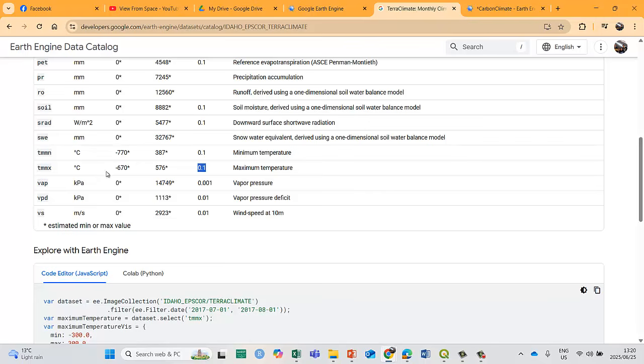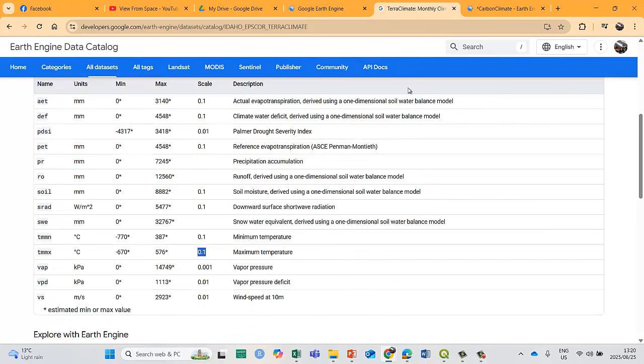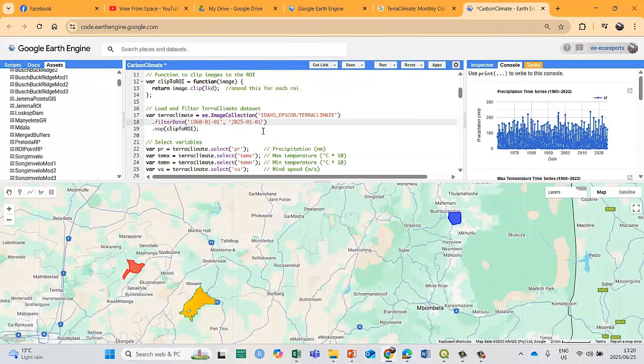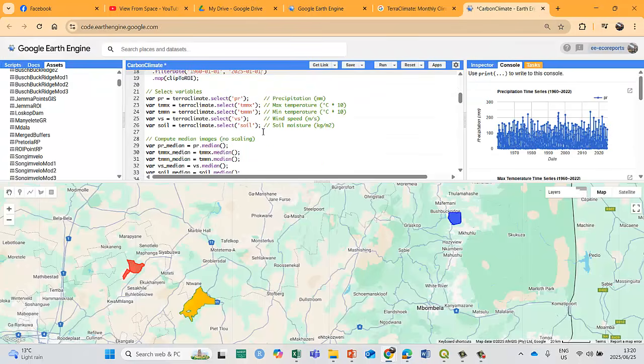Otherwise, for example, you're going to get a maximum temperature of 400 degrees. Now that's impossible. I mean, minus 670 to 570 would be Fahrenheit, but not degrees. So this is actually minus 67 to plus 57, because you have to adapt it with the scale. So always please take the scale factor into account. You have to adjust for that scale factor.